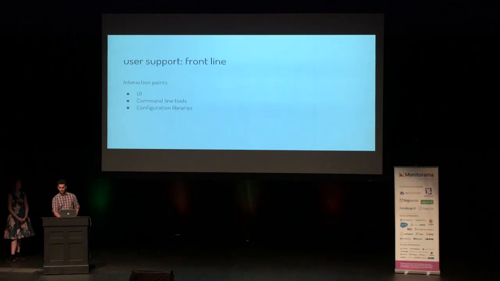At the same time, some user questions really do deserve a team member's attention. So we set up multiple lines of defense to reduce the amount of time spent supporting users on known problems. The front lines are the points of interaction with users: UI, command line tools, and configuration libraries. As Megan said earlier, we wrote a comprehensive configuration validator to warn users about quirks and frequent missteps that other people would make. We made sure our command line tools usage messages were helpful, which is pretty easy to forget to do, as it turns out.